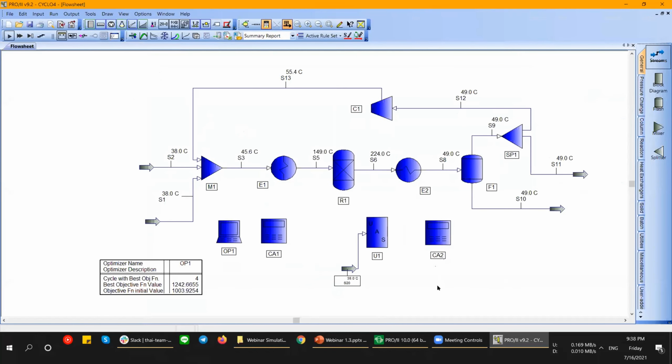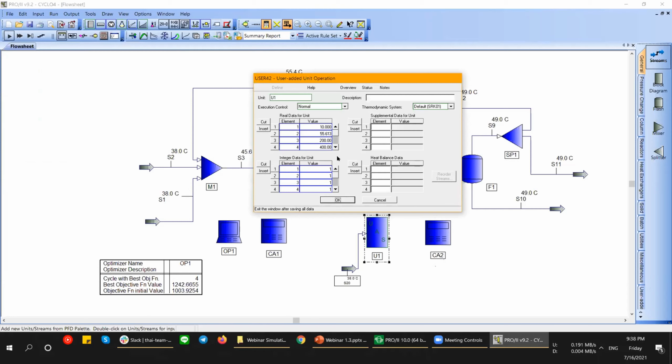Okay, then we can see that the module that we have put will be defined as the user added model in here, which when we run the simulation, Pro2 will simultaneously perform the cost optimization and heat integration at the same time. So we can add the data for the heat integration in this module,